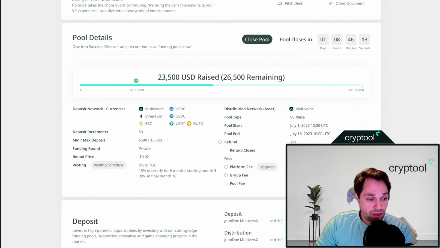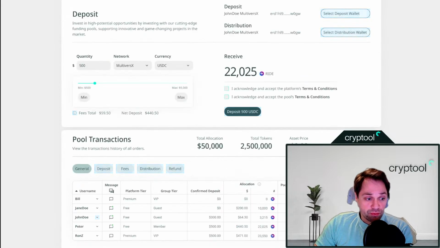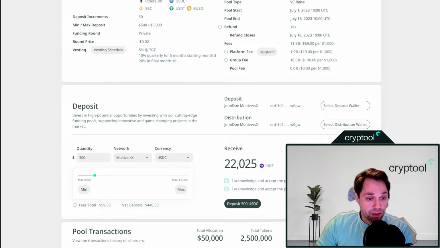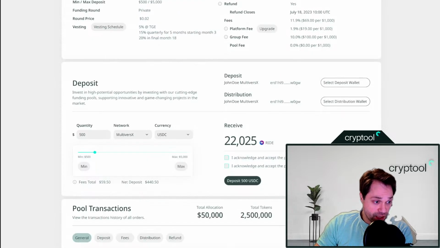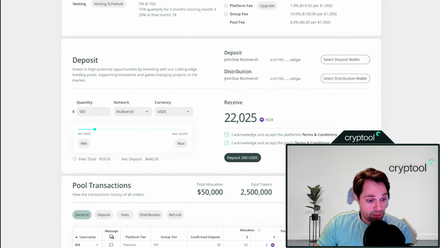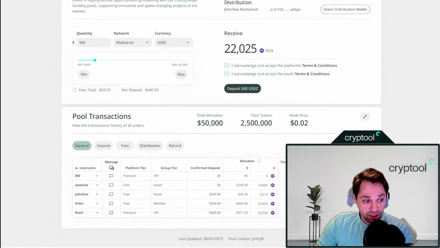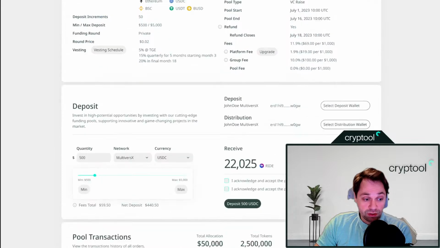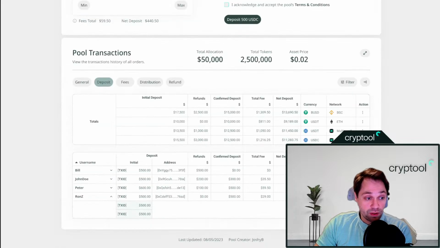which are described here. You can join the project by clicking on deposit below and select your deposit wallet and distribution wallet according to the chain. You can select here how much you want to deploy. For administrators, they can easily see how many people have joined, how much they deposited, what the fees are,